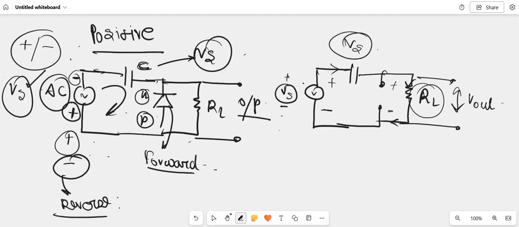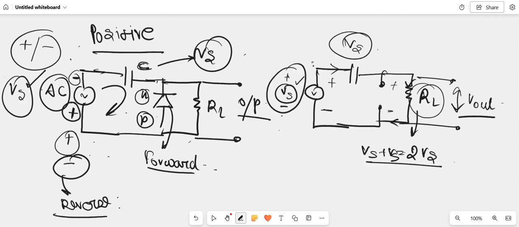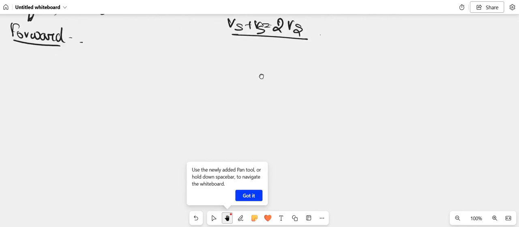So the voltage which we are getting across this input power supply is also the voltage which we will be getting across this load resistance, plus the capacitor discharges itself onto the load resistance. So the total voltage becomes Vs plus Vs, which is equal to twice Vs. And as we are getting the output voltage during the positive half cycle, the clamping will occur in the positive direction. So if we draw the waveform of it,